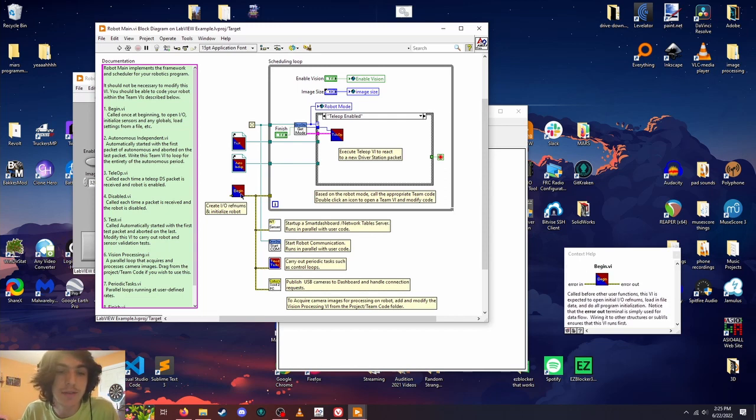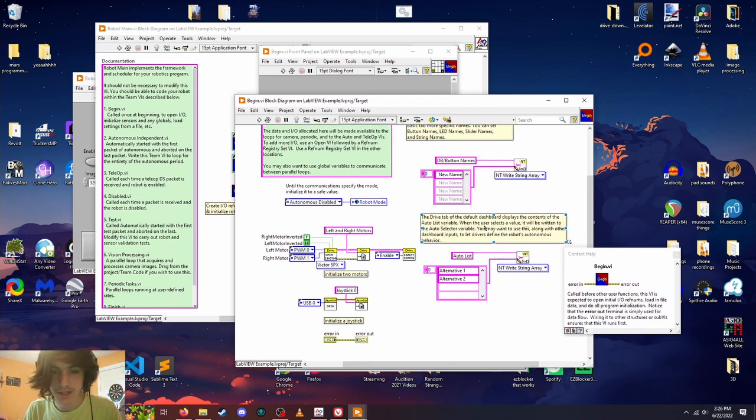Basically what it does is we need to tell the robot what's in it, all the devices, all the motors, all the pneumatics, all the sensors, so that we can reference them later in the code. So that's what begin does. Begin runs once at the very beginning, and then everything else runs after. So if we go ahead and open it up,